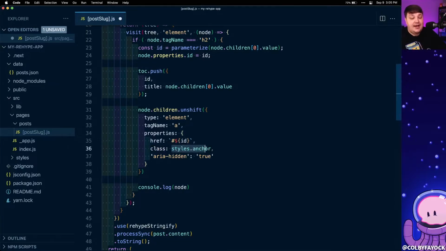This is because we're using the CSS modules that come as part of Next.js. If you're using something else, like with a typical React, you might just use a typical class name as a string when you're passing it in there. But then finally, we're going to pass in aria-hidden with a value of true because we don't want this to necessarily come up on things like a screen reader, as it doesn't really add any semantic value to the